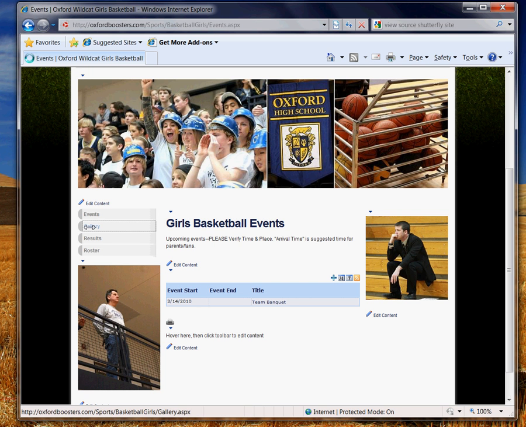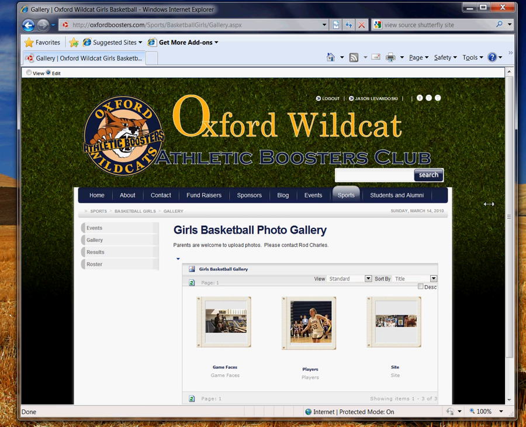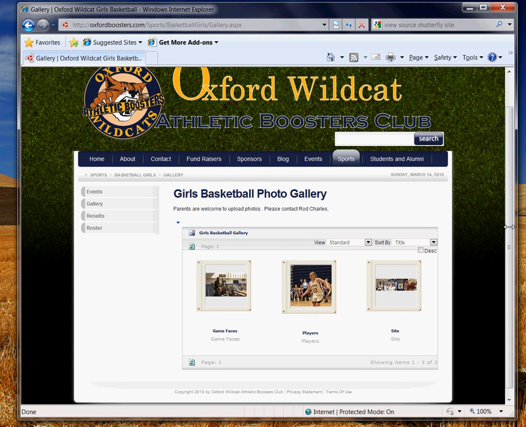Let's dive into the next page, the gallery. What I've tried to do is have a common approach for people to put pictures onto the sports page. In each sports page, whether it be golf, football, basketball, or girls basketball, they each have their own gallery. So all the pictures that you see all throughout the site as I was navigating around here,